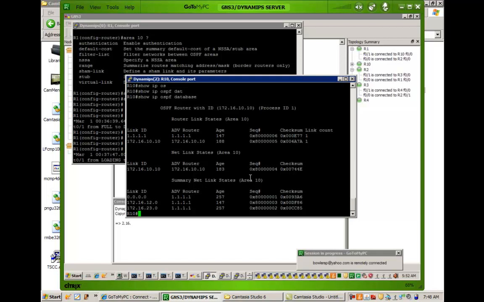Okay, so that's a stub area. Now that we have a stub area done, what I'm going to jump into now is a totally stubby area. Now, the big difference between a stub area and a totally stubby area is that